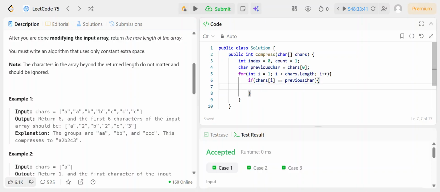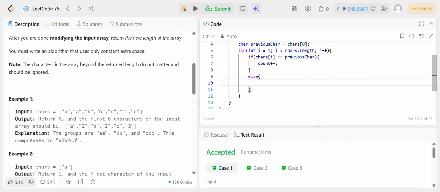I'm comparing the zeroth index value, which is previous char, with the current one, which is index one. If it is the same, then I'm increasing the count. If it is not the same, then that is our condition,